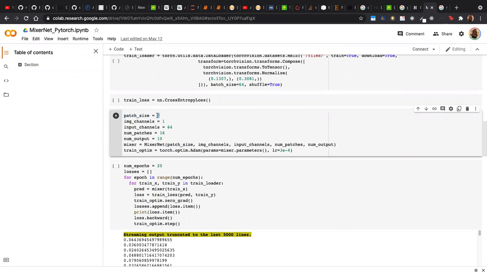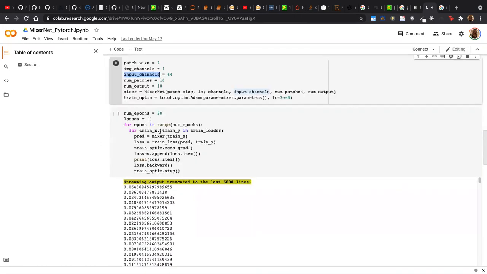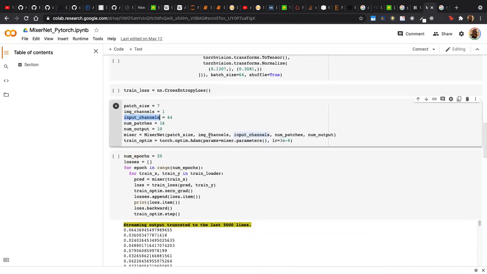So as I said, it first basically extracts patches from the images. So we have a 7x7 patch from a 28 by 28, so you should end up with about 16 patches. And then I use 64 channels. I won't go into what this means because you'd need to understand what convolutional networks are, and that would require a whole session. But the idea is that you send all of this through the mixer net,